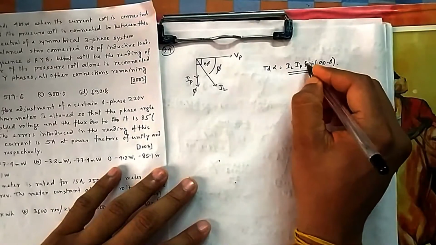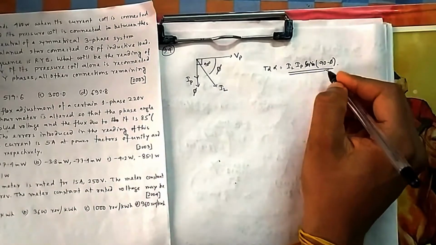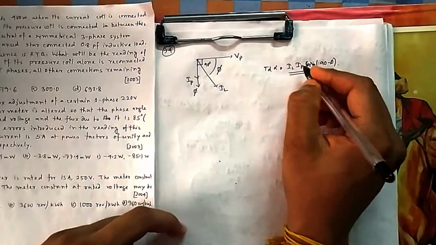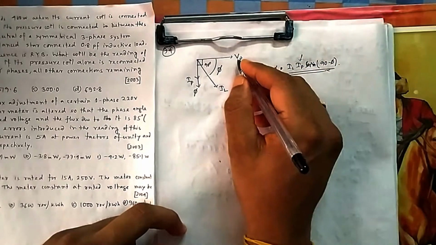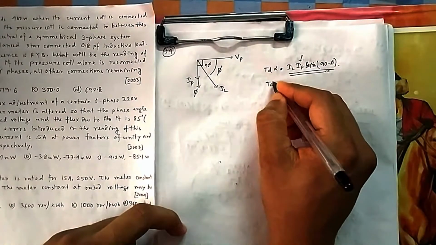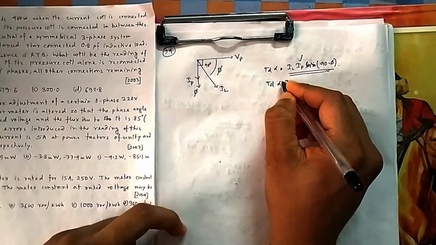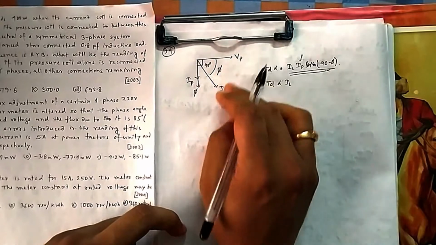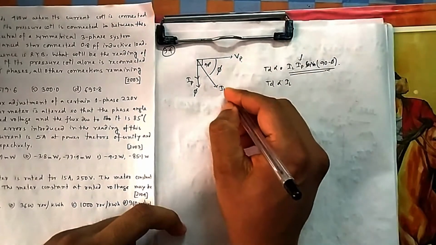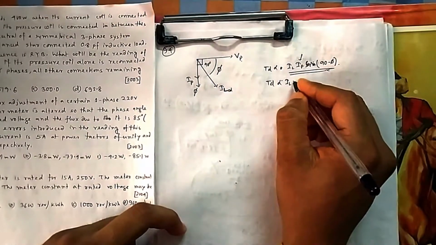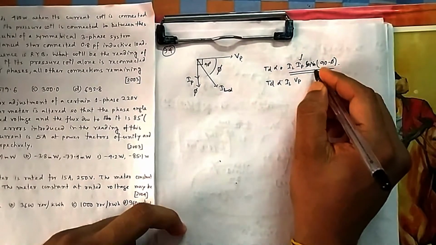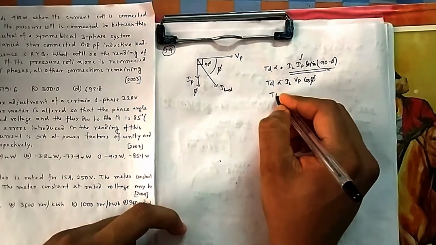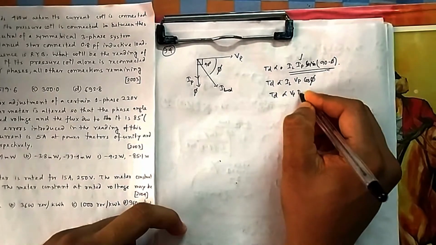So it's supposed to measure the torque in this fashion. Because this IP is coming due to VP, that's why we say torque is directly proportional to IL. That is your IL, don't go for load and phase, it is single phase only. So it is just pressure coil and it is load current. So IL and this IP we write VP, and this sin 90 plus phi is cos phi. So it is giving what is desired for me, that is VP IL cos phi.